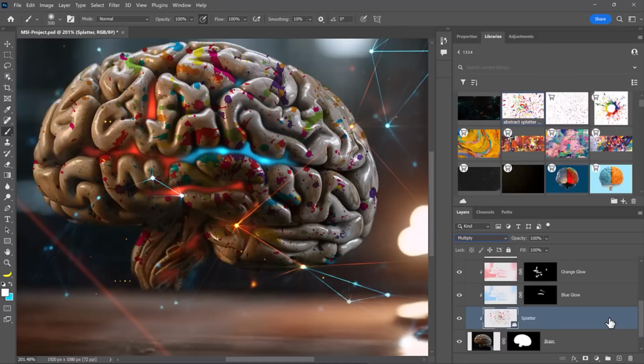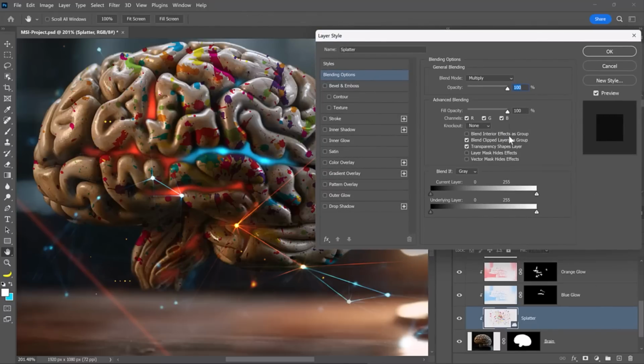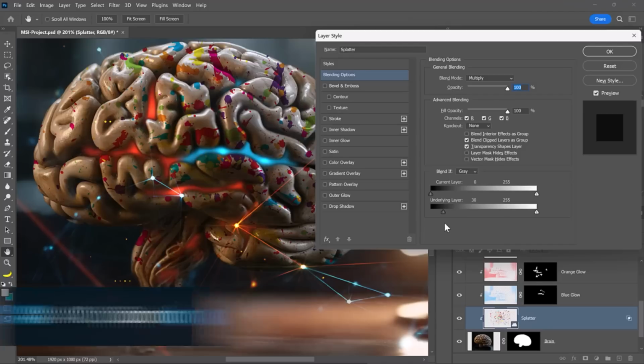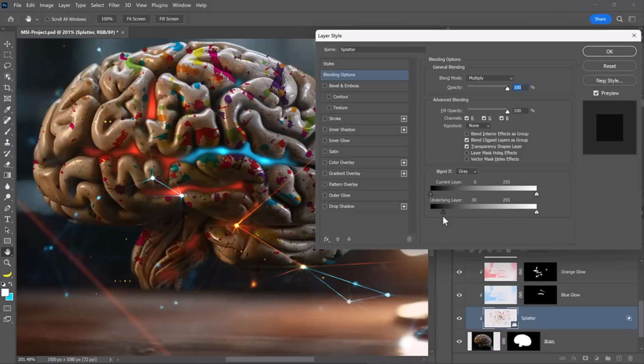And also you can double click to the side of the layer to bring up the layer style window. And from Blend If, you can hide the paint splatter over the darker areas of the image by going into the underlying layer and dragging this black point over to the right. See that? But you don't want to have a harsh transition like you see there. You want to create a smooth transition. And to do so, hold Alt on Windows, Option on the Mac, and click to split these points in half and create a smooth transition between invisible and visible